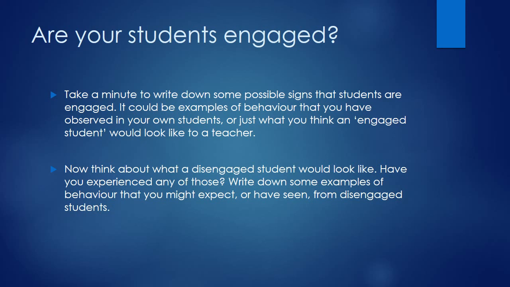Disengaged students tend to look bored. Sometimes they might actually close their eyes and doze off, or they might be talking about something else. So when students have to turn to their partner or discuss in small groups, you can often hear some students clearly disengaged, talking about what was on TV last night, or sometimes struggling to talk at all if they're in a small group and the rest of the group is prepared and engaged. You can spot the disengaged student because they're not joining in the conversation, because they don't feel like they've got anything to contribute.